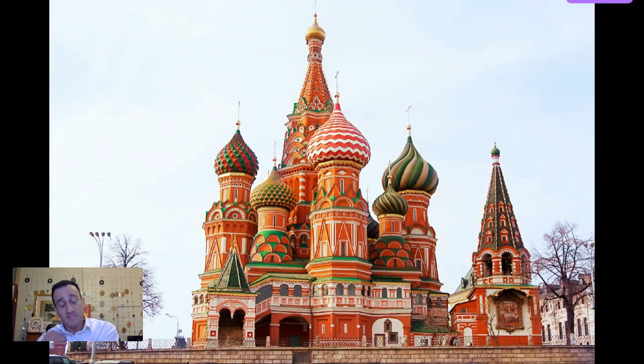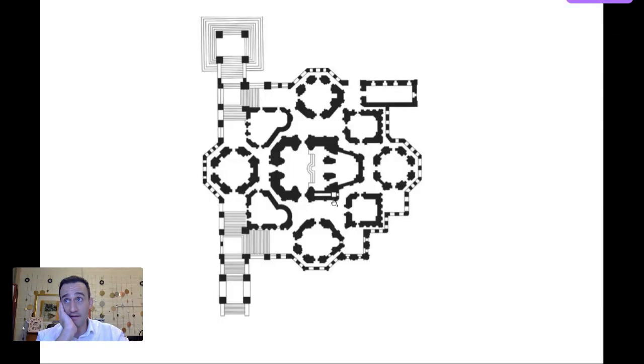Was built 1552 through 1561, so over a 9-year period, which is a long time for construction. But it's actually quite quick relative to some of the work that we just finished studying in early Renaissance, which sometimes took 40, 50, 60 years or more to build. And so this was built for Ivan IV, again, celebrating the victory over the Tatars.